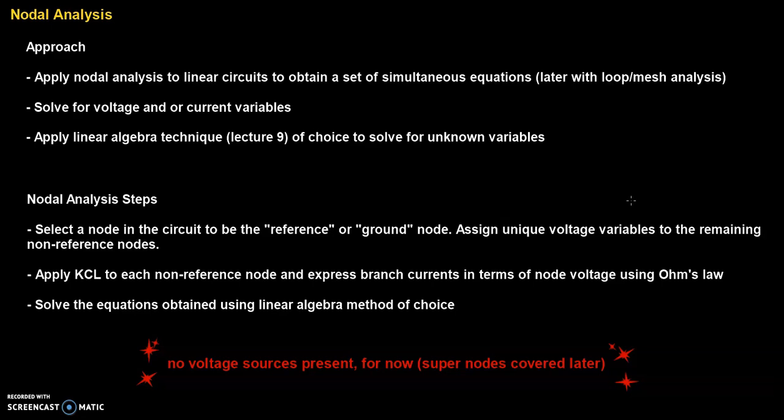And if you recall from earlier lectures, the benefit of selecting a ground node is that we can put one of our digital multimeter probes, the black or negative one, to ground, and use the positive or red probe to go around the circuit and measure the voltage of any given node with respect to